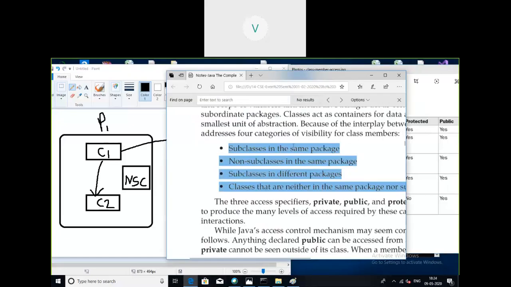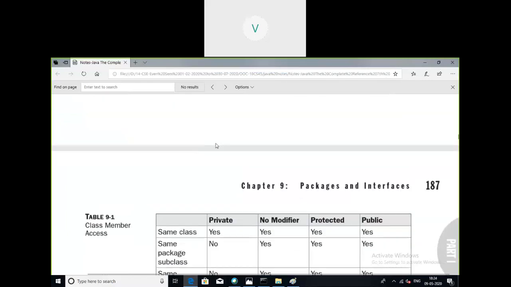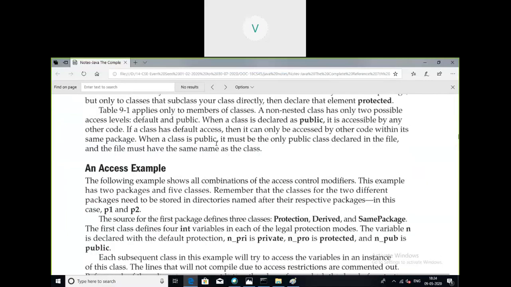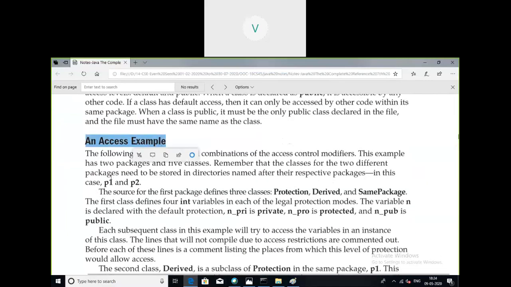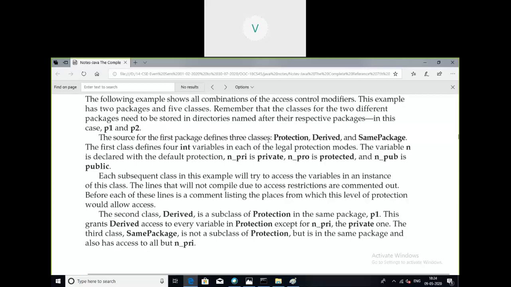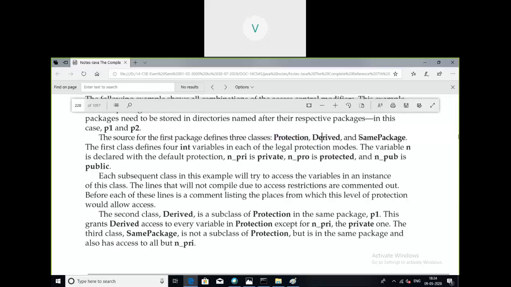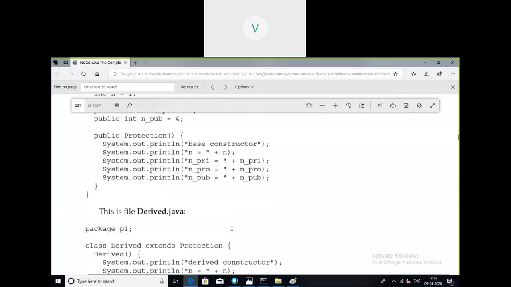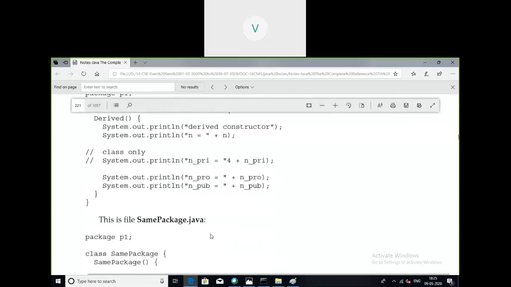So I'll be taking one sample example. An access example is demonstrated by creating two packages, P1 and P2, and as usual, all the access specifiers are used. Three source files are present here.